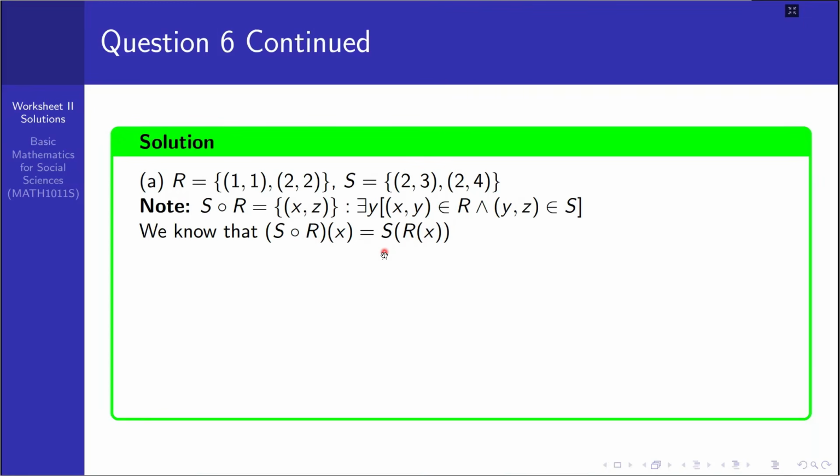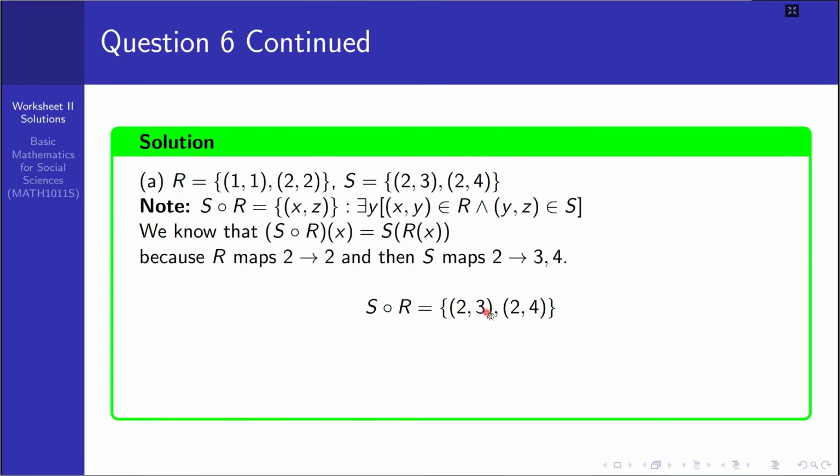ስለዚህ S composed of Rን በምንፈልግበት ጊዜ we can start from the inner function here, R, because R maps 2 to 3 and S maps 3 to 4, so that S composed of R could be this one, that is simply 2 to 3 and 2 to 4. ያው እንዴት ነው የሚገኘው ተመልከቱ እዚህ ጋር, the image of 2 under R is 3, ስለዚህ ይሄ 3